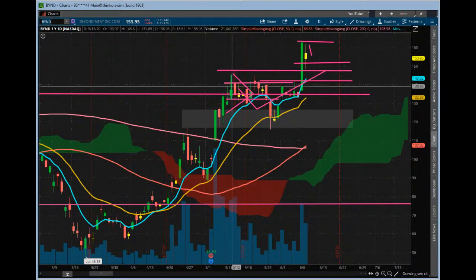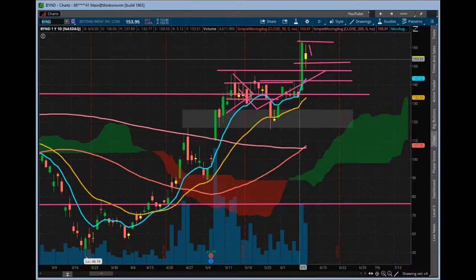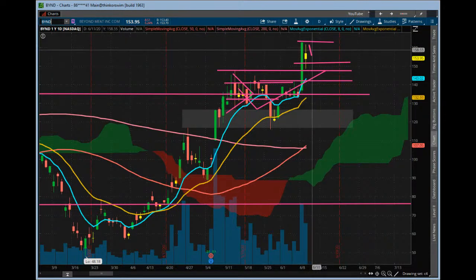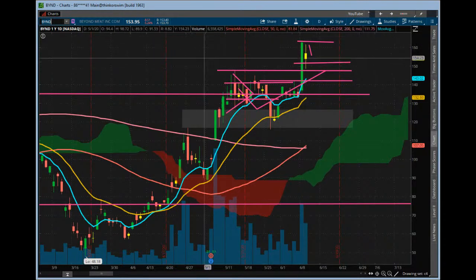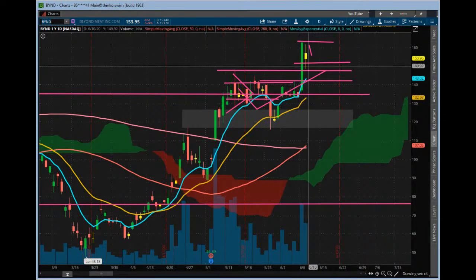And we did profile this one here at the intro. But this big candle here is kind of like a little out of character. So anytime you see a huge candle like that, a lot of times we do get a little bit of consolidation. So you can see I drew it right here last night. I wouldn't be surprised to see a little inside day today. So it did hold, and it held the 50% range. So let's see if that can kind of build from there, and maybe work on like a flag pattern or a pennant or something like that. So we'll keep an eye on that one.